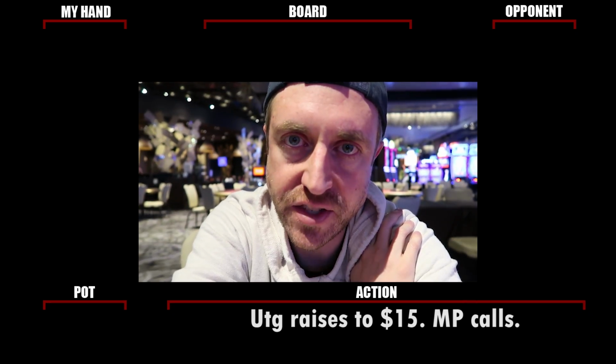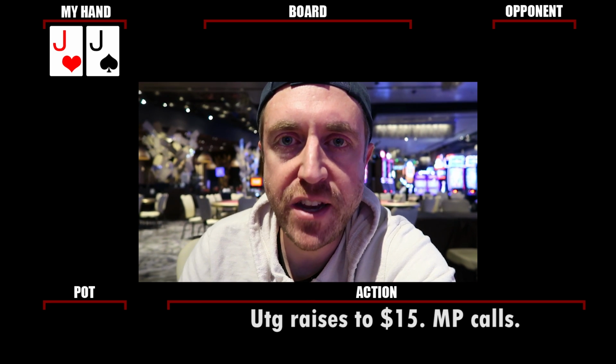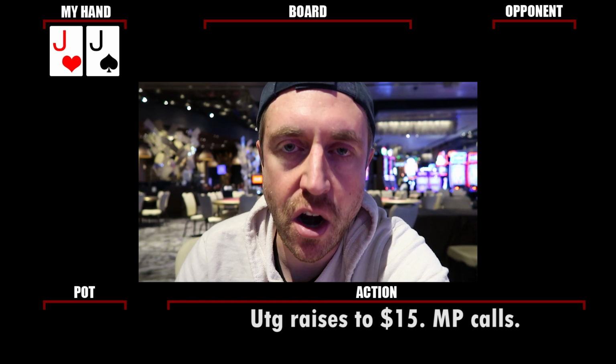All right, one more hand to look at, and it's definitely worth a look. So in this hand, the under the gun player opens for 15. There's a call in middle position, and I look down at pocket jacks in the hijack. In several of my previous videos, I've mentioned not wanting to put in a 3-bet versus an under the gun